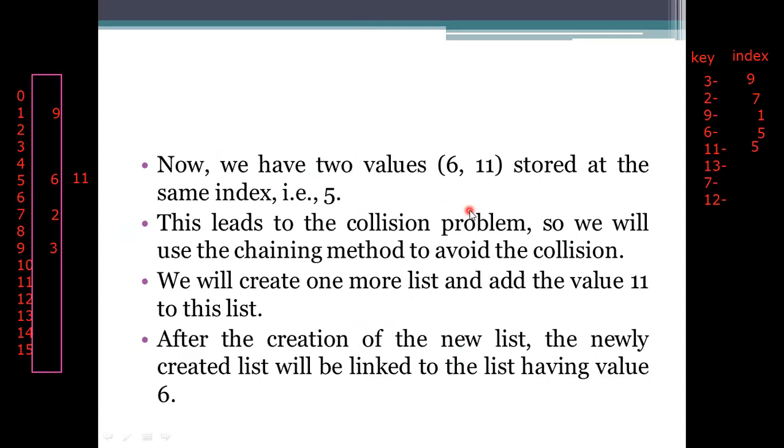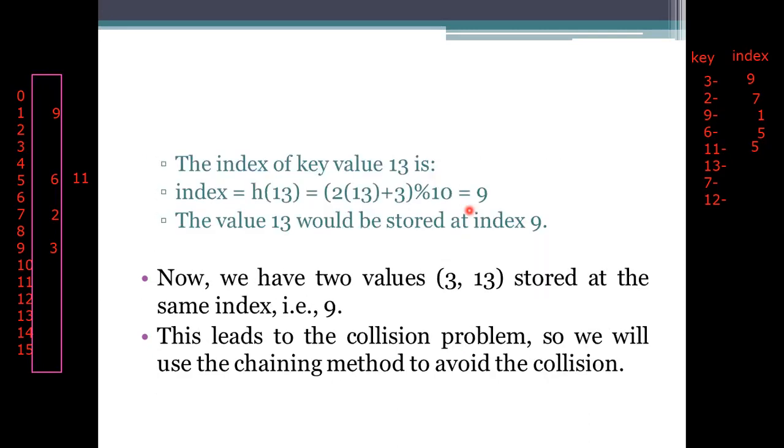So the chaining method means we need to create a list here for that processing to add the value. That's why I added it next to it. So this created list will be pointed to the index value what we are having. Okay. So although it is taking the same index value, there will be no problem because a list has been created. That list is having the value which is 11 here.